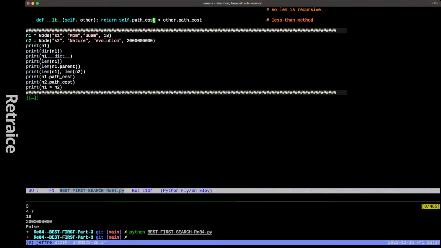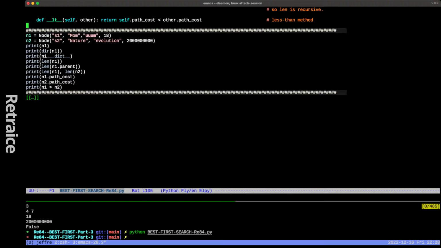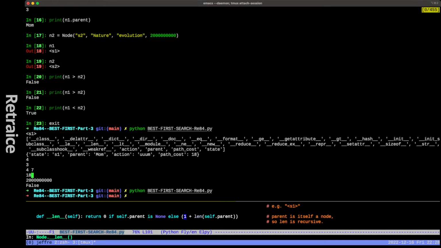and then the length of N1 and N2. Remember, these are the ones counting the length of the name, mom, and then nature, N-A-T-U-R-E. The reason it's 7 and not 6 is because you add 1. Up here, the length of the object is the length of its parent, nature, 6 letters, plus 1. Then we printed the path costs of the two, and then we compared them